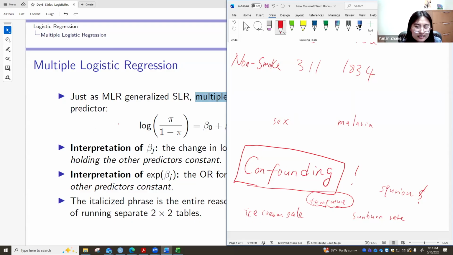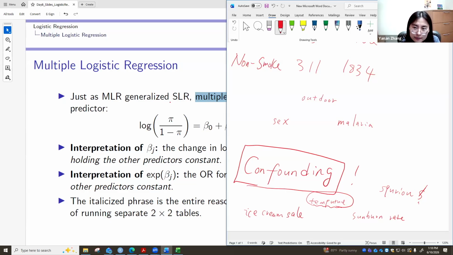But do you think there's any biological reason? For example, the hormone levels are different, or maybe some genetic issues? No. So actually, if you think about that,